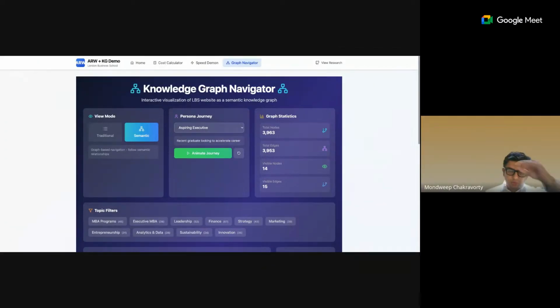What I'm showing here is, obviously, the story behind this: Dinesh and I said we were going to meet in London. He said, let's meet at the LBS Alumni Center. So we met there, and he said, what do we talk about today? Because I wanted to understand Dinesh's work. He said there's so much information here. We've been trying to speak with the London Business School guys for our events, so why don't we look at the information they have and show them what they're missing, maybe information they don't even know exists, like research information and network information. You can have a look at it and feel free to contribute to it.